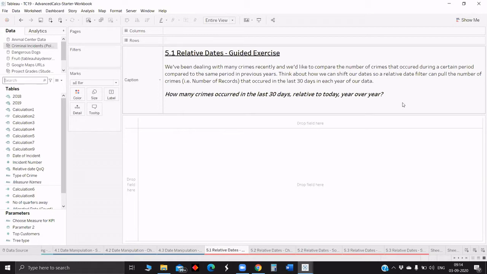For example, today is 3rd September. If you go back 30 days, it is 2nd August. So from 2nd August to 3rd September, what is the number of crimes that happened over all the years in the data set? This is what they are trying to ask.